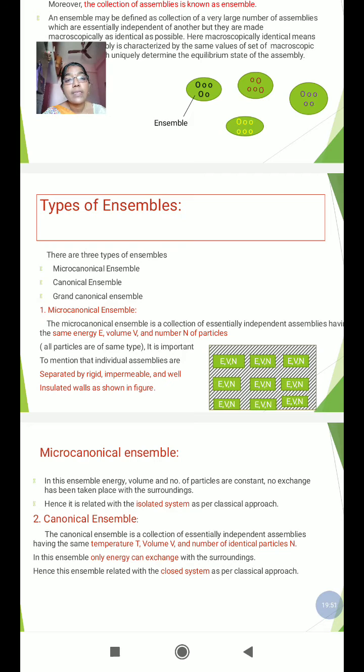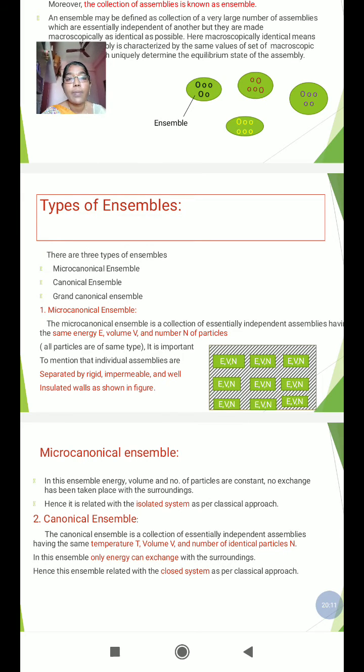Every system has the same energy, same volume, same number of particles. Macroscopically all these systems are identical. That's why this is considered as one ensemble. Understand? So this whole block we will consider as one ensemble because all the systems have the same properties,